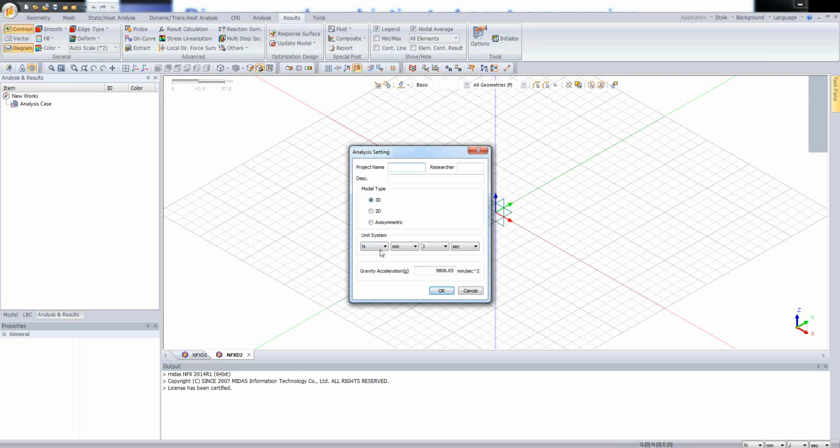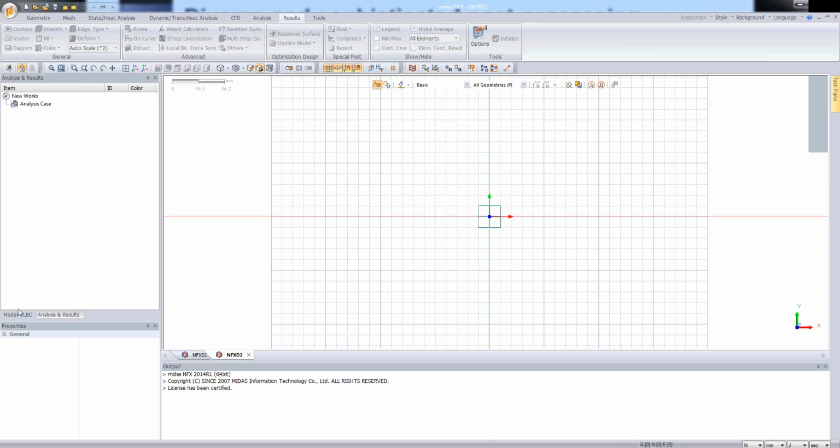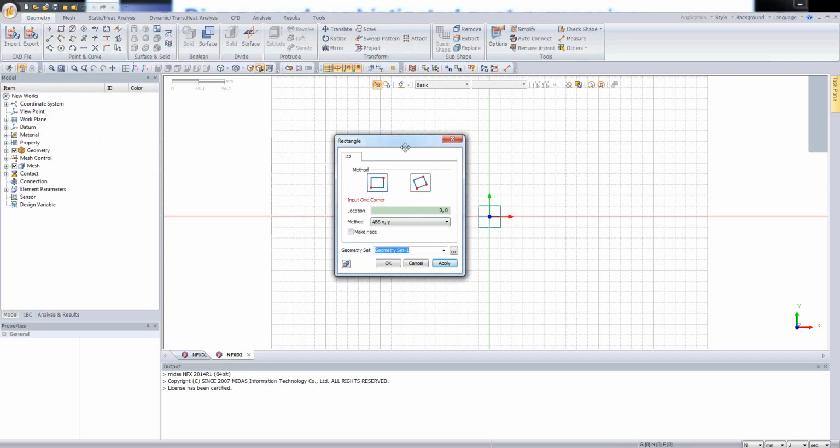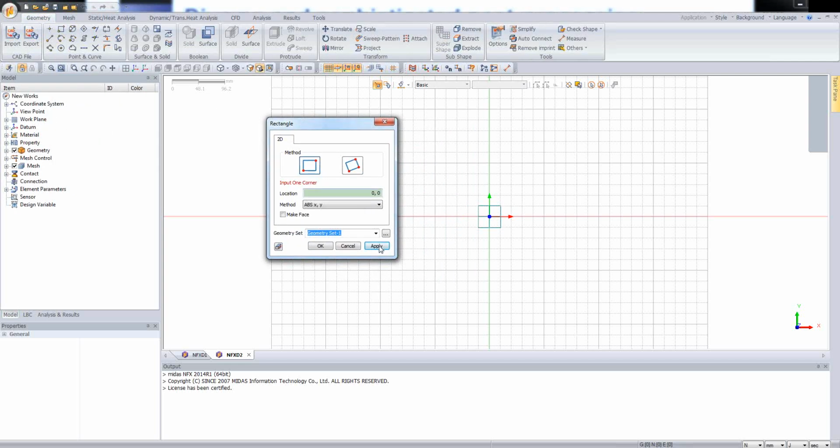And let's start. So unit system is Newton, millimeter, and similar to previous, we can use 2D environment. So now I'm clicking OK, and we will create the geometry from the beginning. Okay, so at this moment let's click on the rectangle. Location is 0, 0, so let's apply, and let's define the opposite corner,